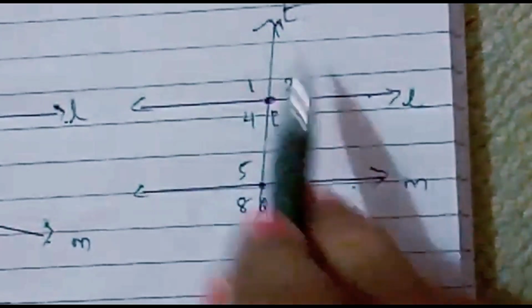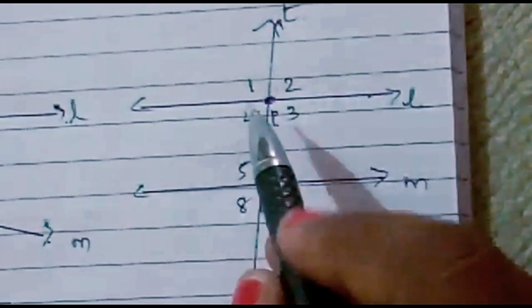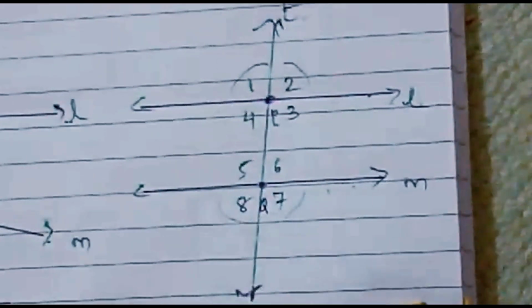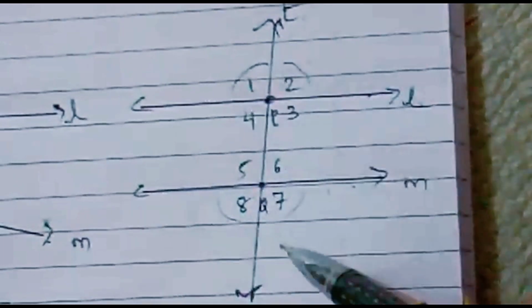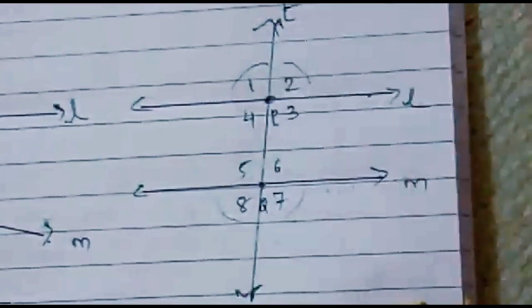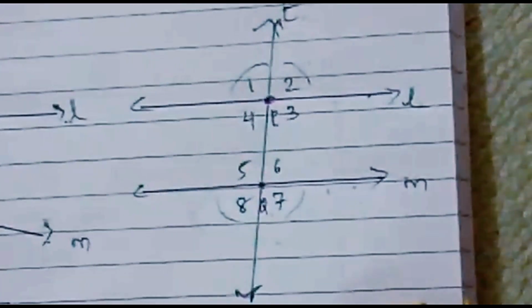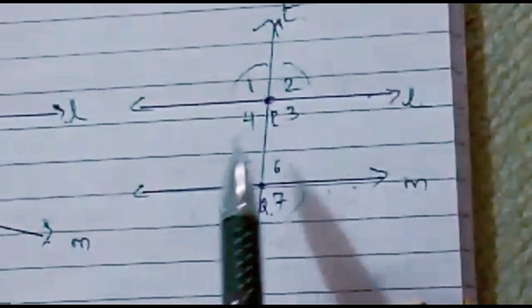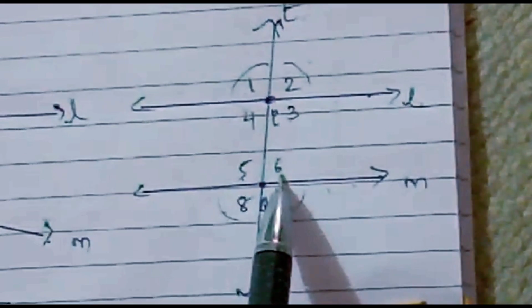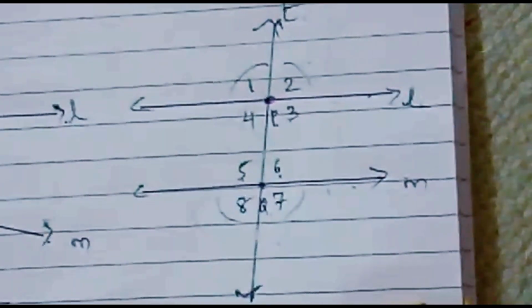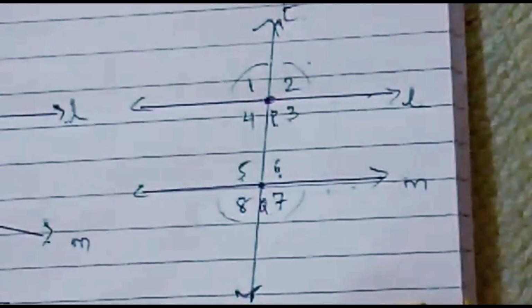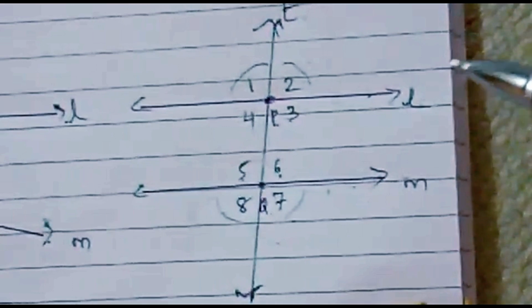So out of the 8 angles formed here, this angle 1, 2, 7 and 8, these 4 angles are coming in the outer part, and so they are called to be all exterior angles. Same way, angle 3, angle 4, angle 5 and angle 6, as they are coming in the interior part, so they are called to be interior angles. Now let us learn about corresponding, alternate and all those angles.